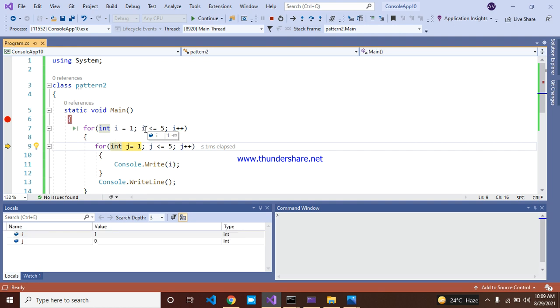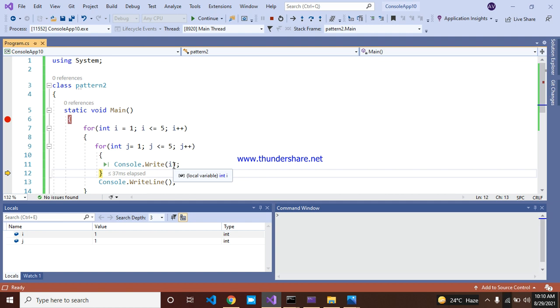The condition is true, 1 less than or equal to 5 is true, and it comes to this second for loop. And int j is equal to 1, j less than or equal to 5 is true, coming to this line. Initially Console.Write of i, the value of i is 1, so it prints 1 here.